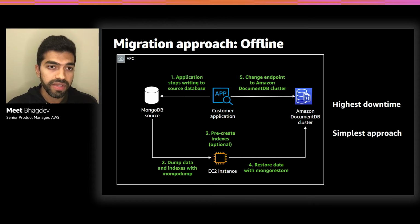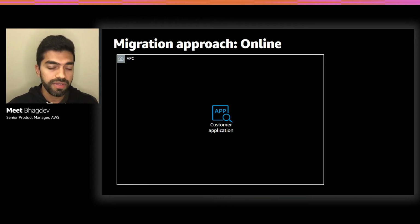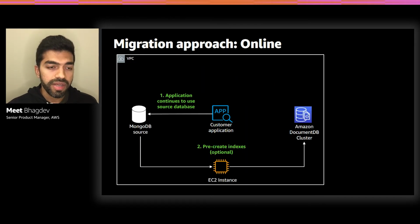So for those customers, we have the online method, and the online method leverages DMS, the Database Migration Service, heavily. Here's the difference in this method. You still have the same application that we saw previously. This application continues to use the source database, so you don't take any downtime. You keep processing inserts, updates, and deletes to your MongoDB source. At the same time, you pre-create indexes from your MongoDB source onto your DocumentDB cluster. You take essentially all the indexes using the DocumentDB index tool from the MongoDB source, and you restore those